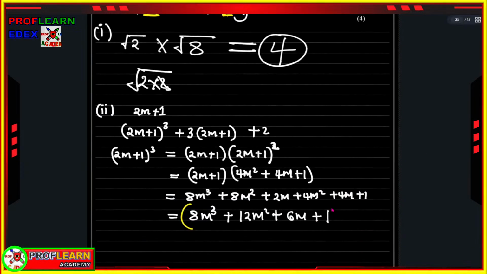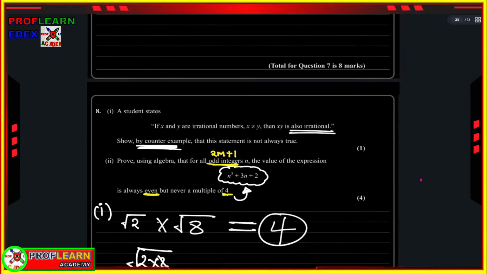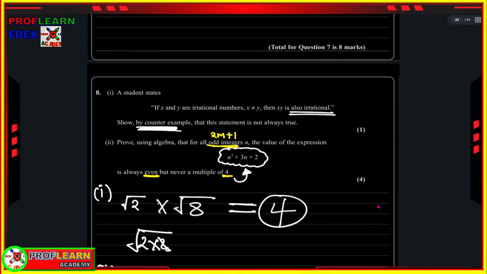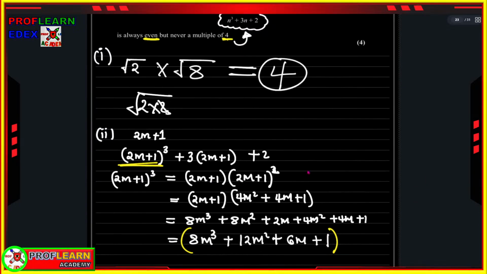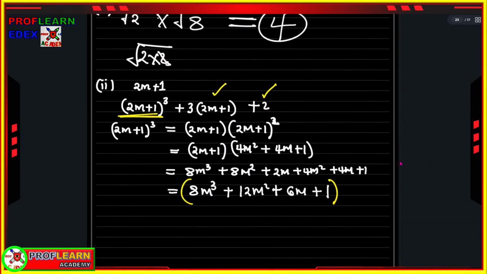Yeah, so this part that we have here is this particular expansion. This expansion that we were having at this point is this expansion that we were having here. Once we have gotten that expansion, we need to add this term also and this term. We should include those two terms. So let me just write it. It will be 8m cubed plus